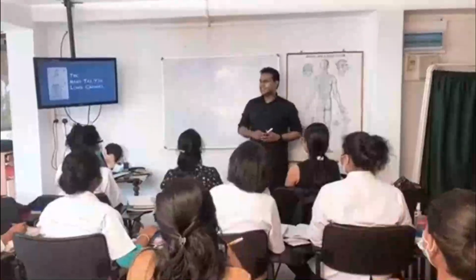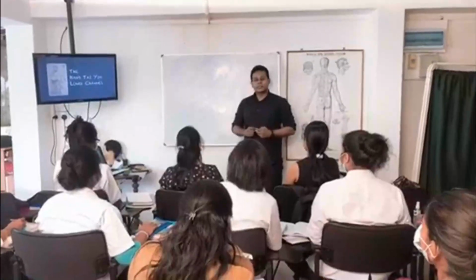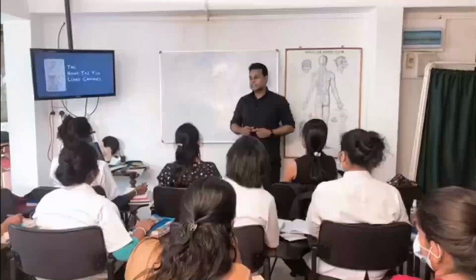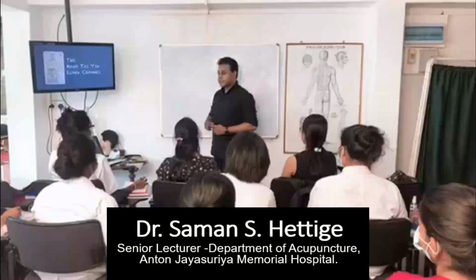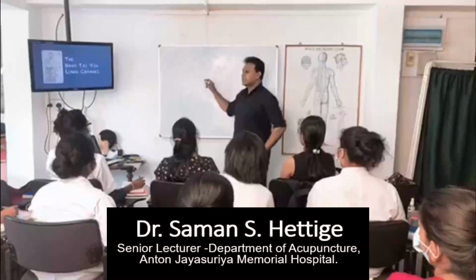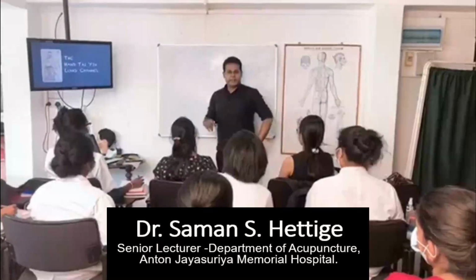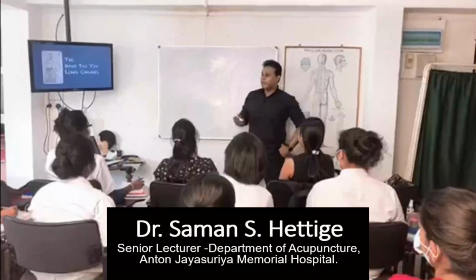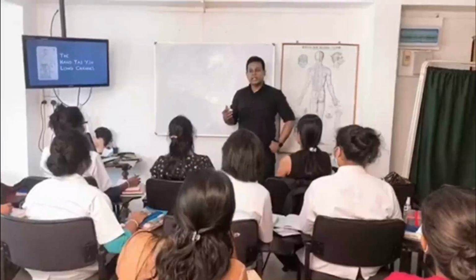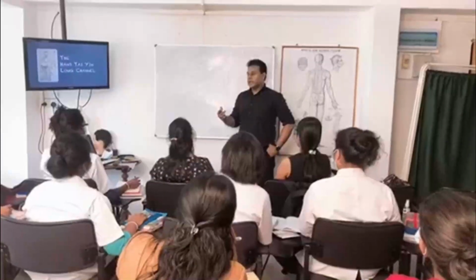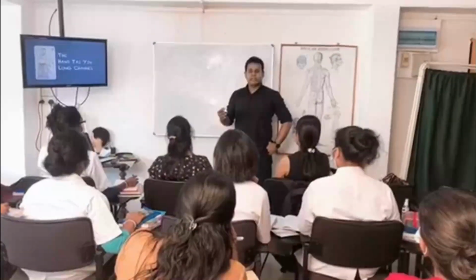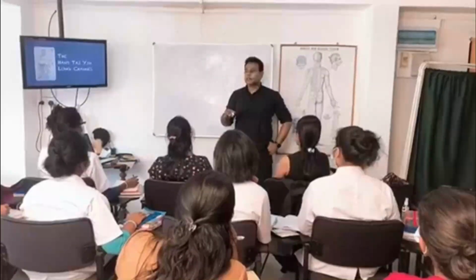Ancient Chinese discovered that it is possible to cause some changes in the human body by skillfully influencing the chi, what we call vital energy, at the superficial level. So the next question would be how this superficial energy can be influenced. That can be influenced by stimulating acupuncture points, which are located on the surface of our skin.